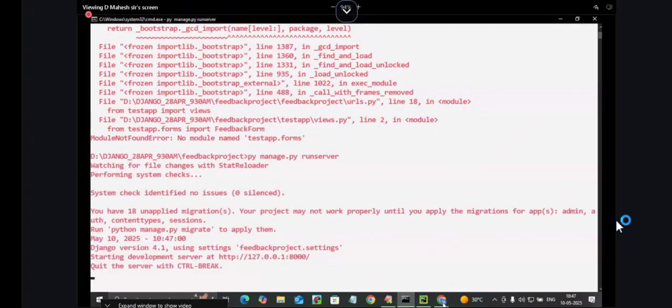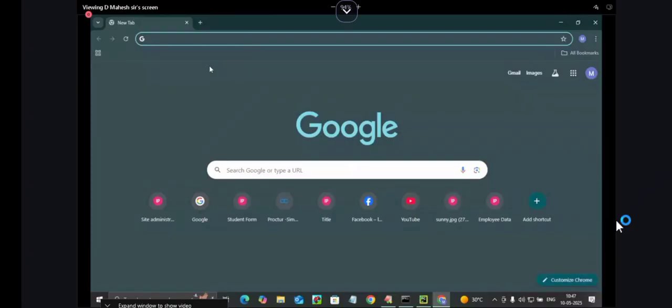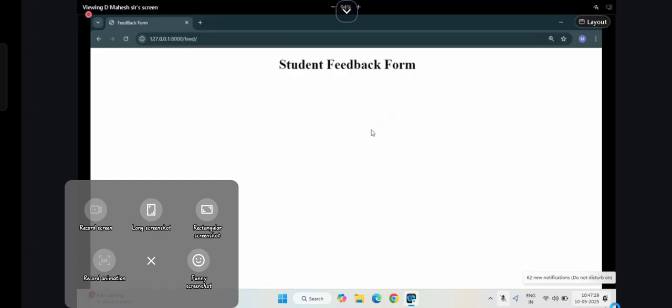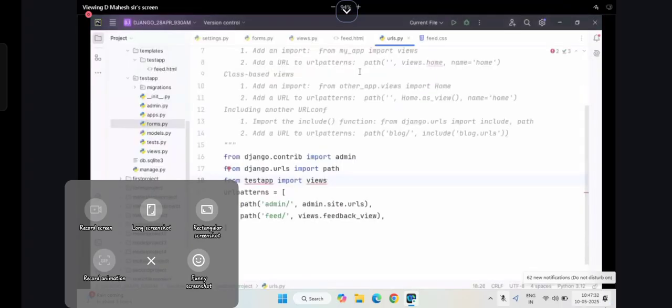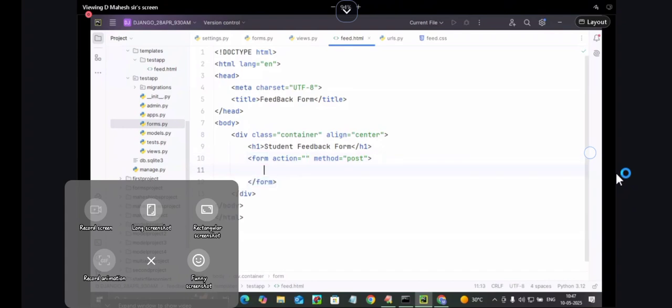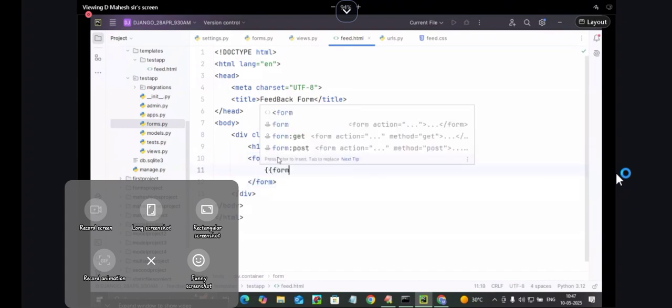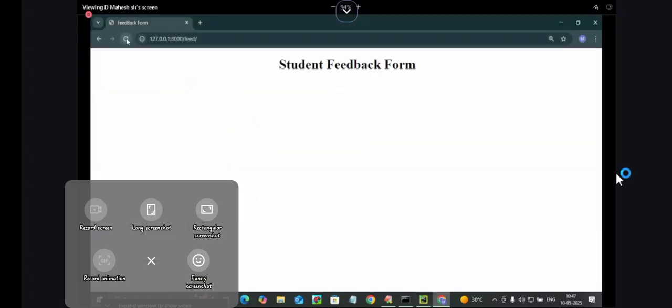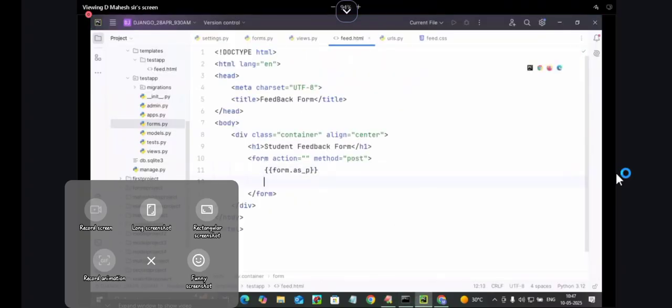Restarted. Come to here. Server address. Student feedback form. How to get the form? Take the form tag. Here is the form tag. Method equal to POST. Curly brace form.as_p. The form came. One button is required. For security reasons,